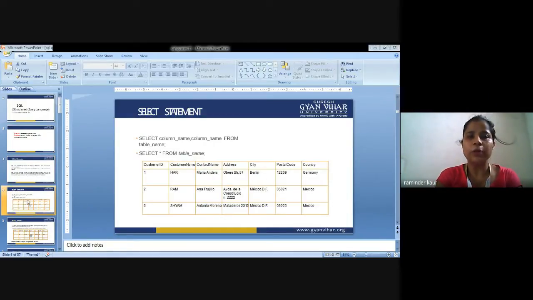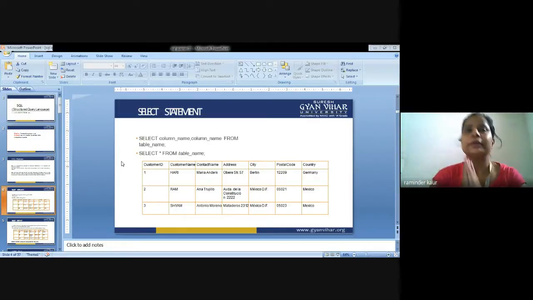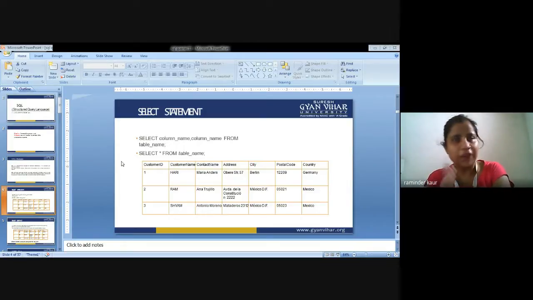My next topic is the select statement. So what is the select statement? As I told you earlier, in yesterday's lecture, I am supposed to select particular columns from the database, and various rows for which I want to retrieve data. Similarly, the select statement is used to point to certain fields or certain rows in the database, so that the data, that particular row or that particular column, could be fetched. That is why the select statement is used.